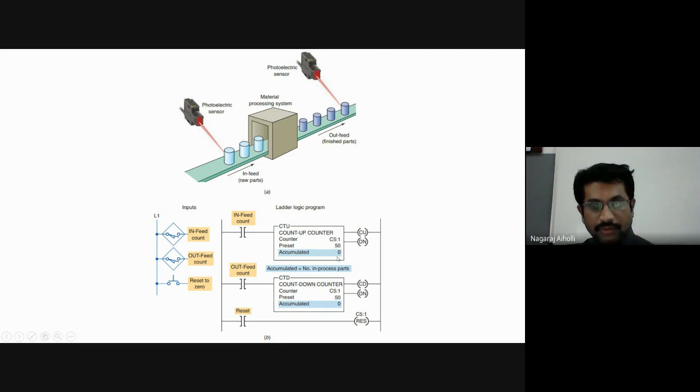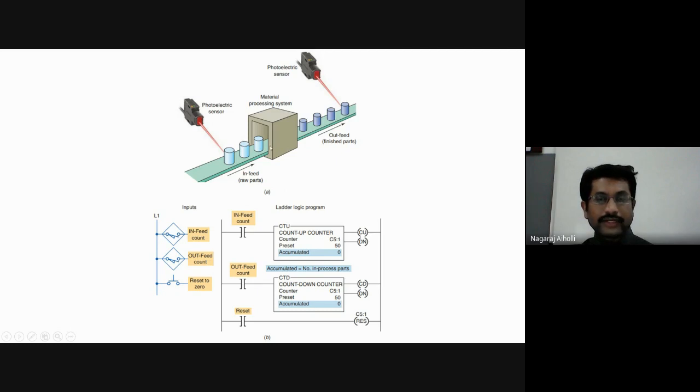It will start from 0 and go up till 50, right? Then whatever value is there in the up counter, the same value will be stored in the down counter also. The accumulated value in both up counter and down counter is the same. Now we are counting the out feed counter, how many are moving out. So this switch will be activated, and this examine if closed becomes true.